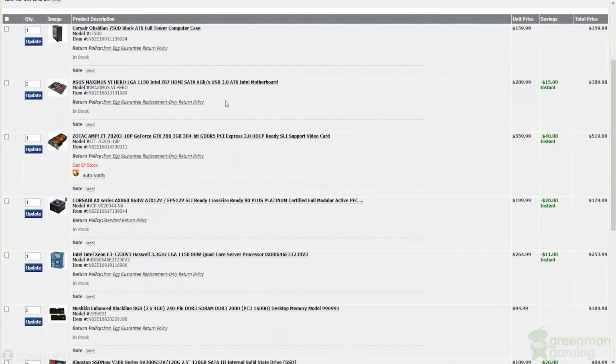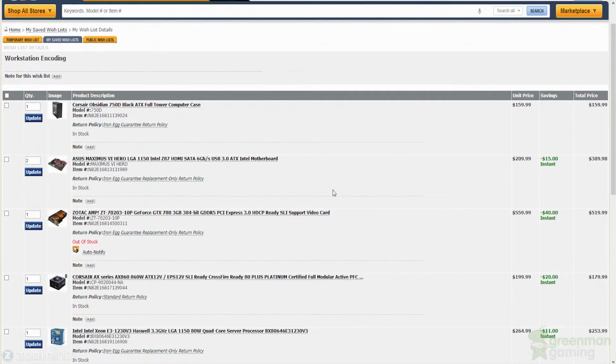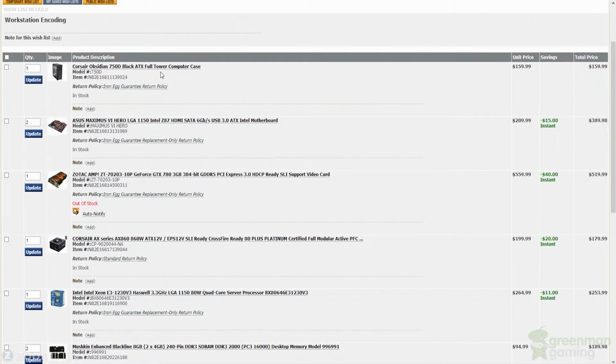So for this particular build for encoding, what I would suggest depends on what type of encoding you want to do, or how many encoding streams you want to be doing at one time. This is just a base, right? What I'm setting up here is something that you could expand on to increase your speed. But the parts that you cannot replace easily, and would have to swap out, are the best in their class. So this is going to be a standard ATX build, and we're going to be using 1150